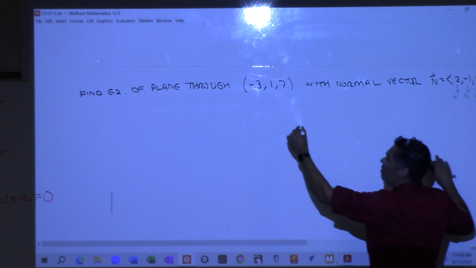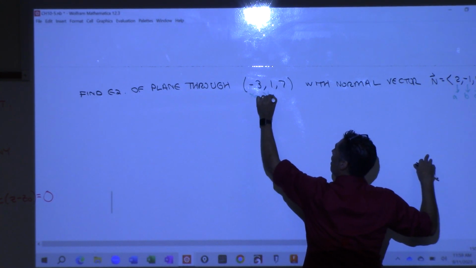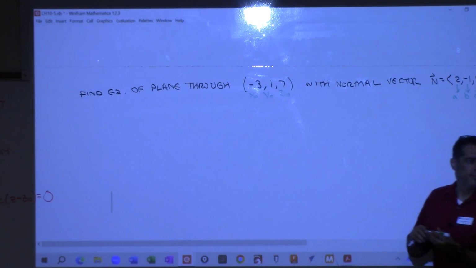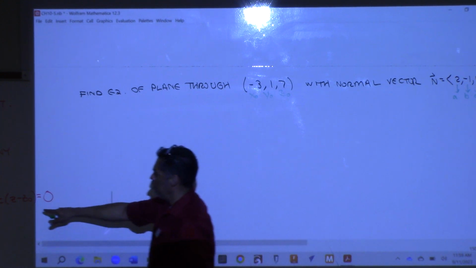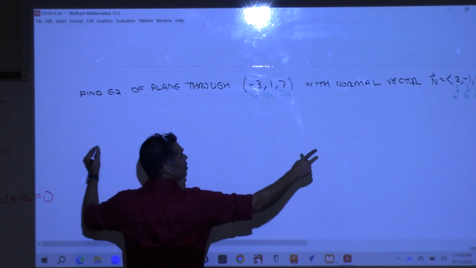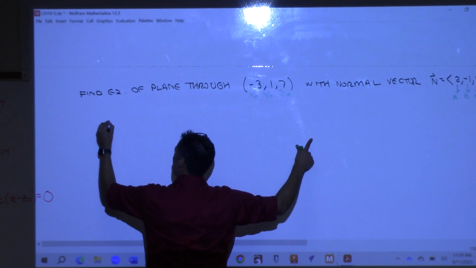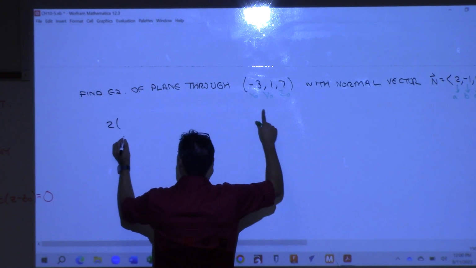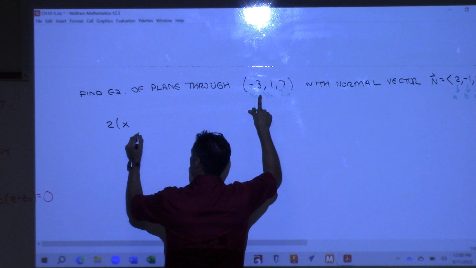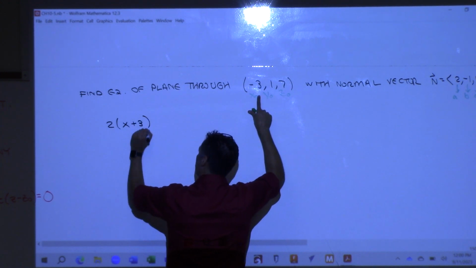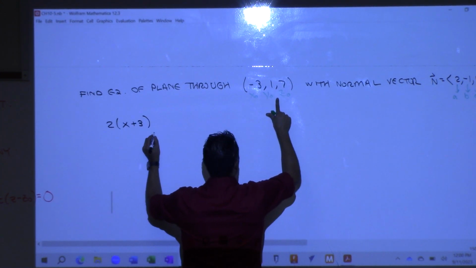And then this is our X naught, Y naught, Z naught, right? And then we just plug and chug right into the formula. So according to this, it'll be A, which was 2, parentheses, X minus X naught. So for us, because X naught's negative, it's going to be plus 3. And then we're going to have, let's see,